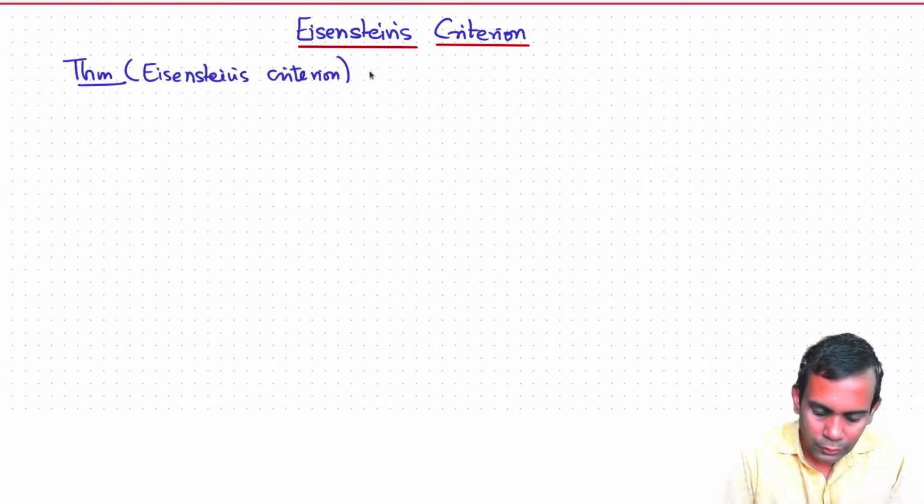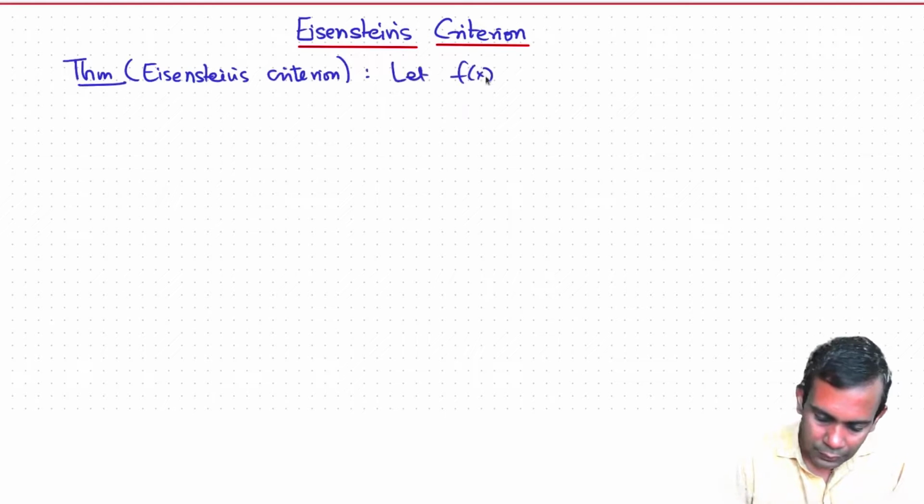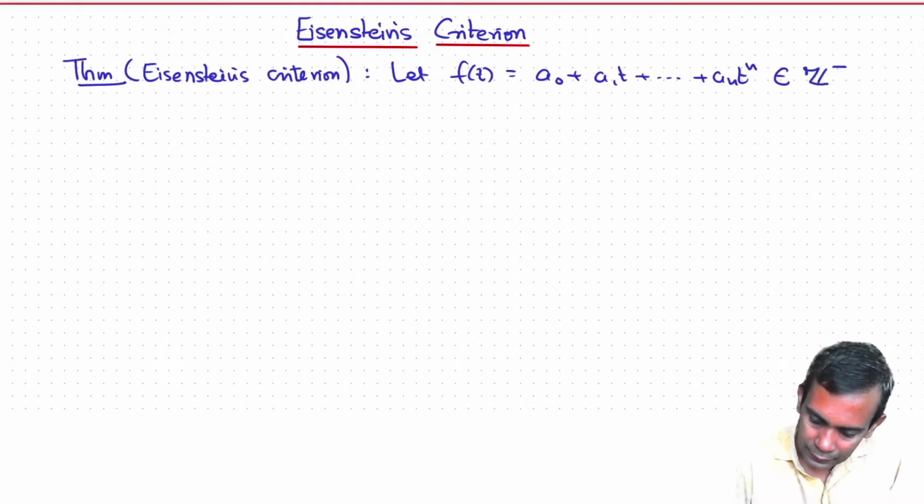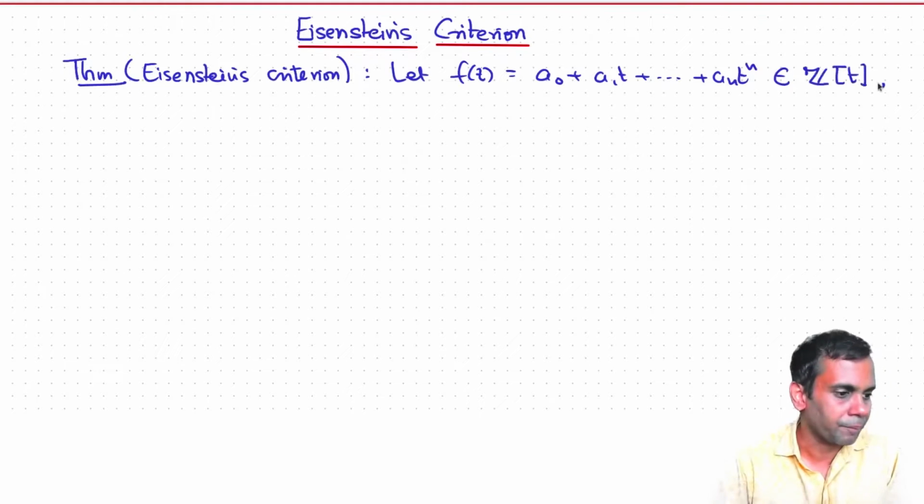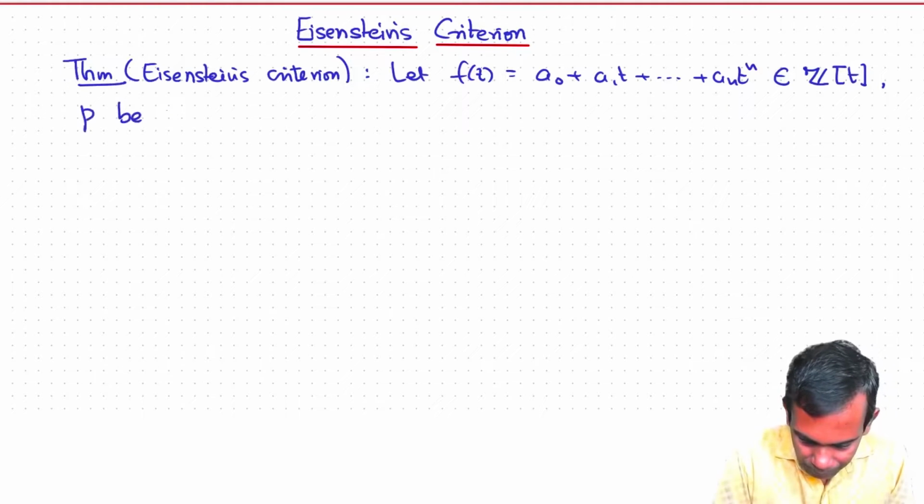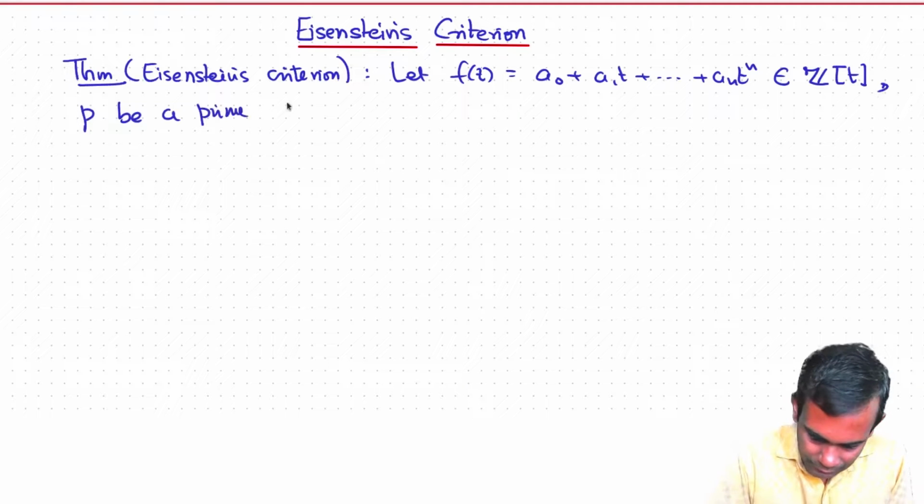Suppose you have a polynomial f(t) equals a0 plus a1 t plus ... plus an t to the n, and let's assume that the coefficients are integers, in Z[t]. And suppose p is a prime such that